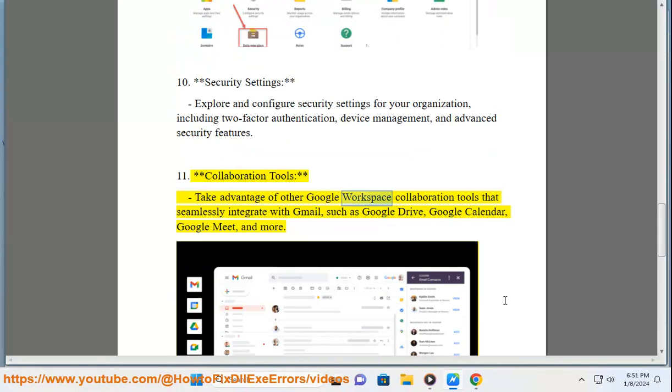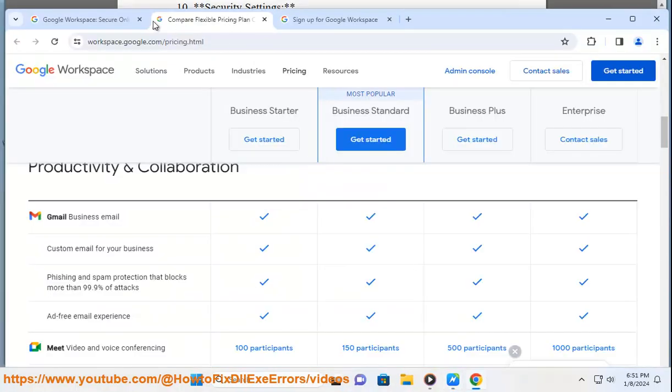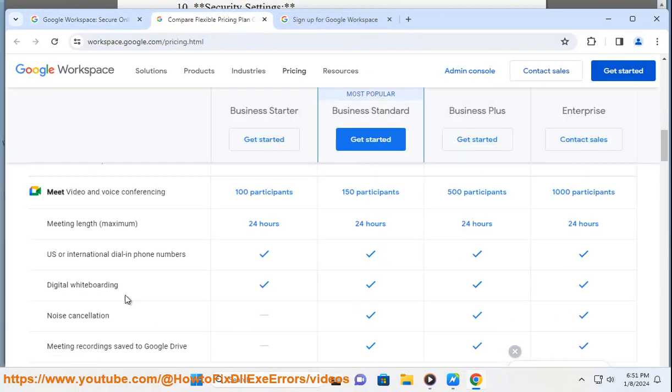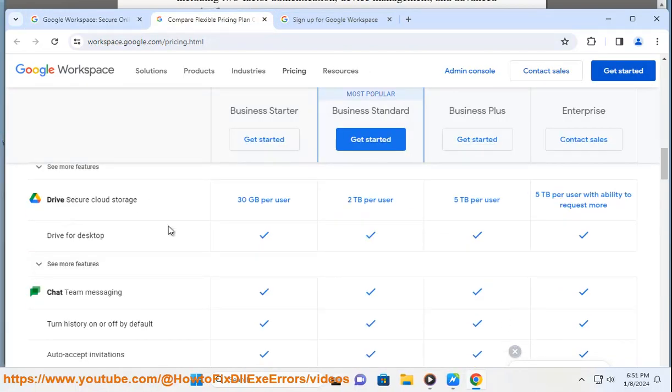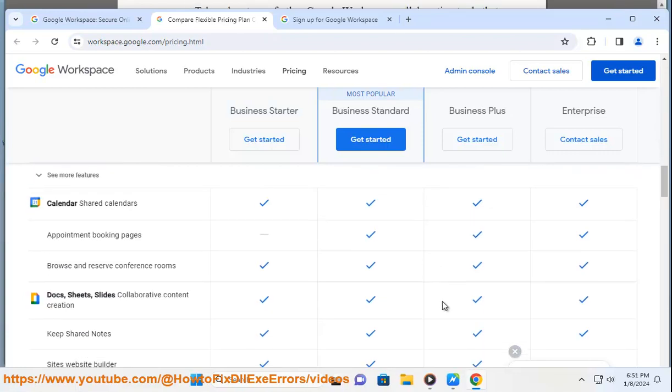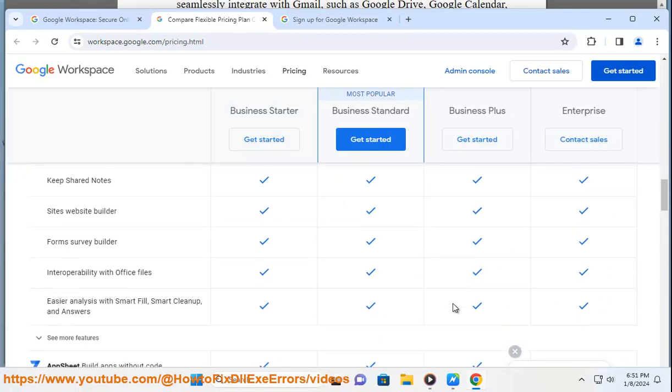11. Collaboration tools. Take advantage of other Google Workspace collaboration tools that seamlessly integrate with Gmail, such as Google Drive, Google Calendar, Google Meet, and more. 12. Training and support. Familiarize yourself and your team with the features of Google Workspace Email using the Google Workspace Learning Center, https://support.google.com/user/answer/9304609. Access support through the Google Workspace Help Center,